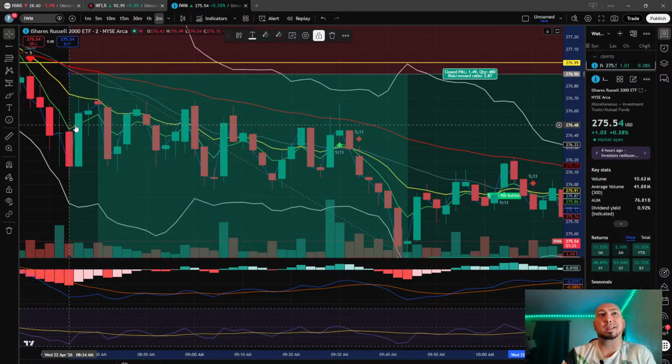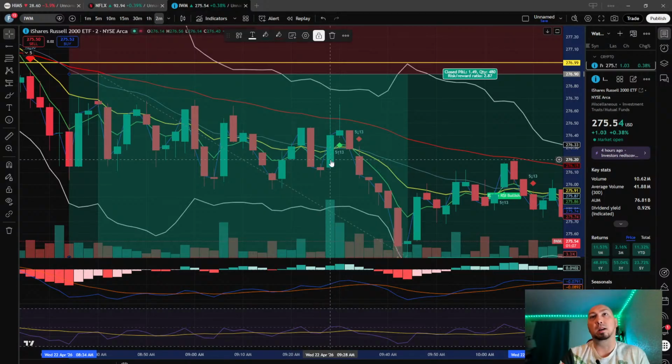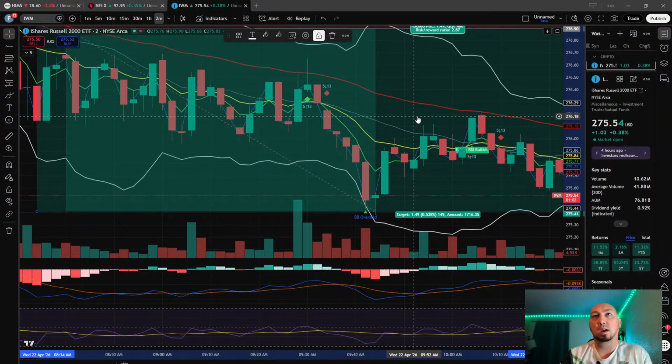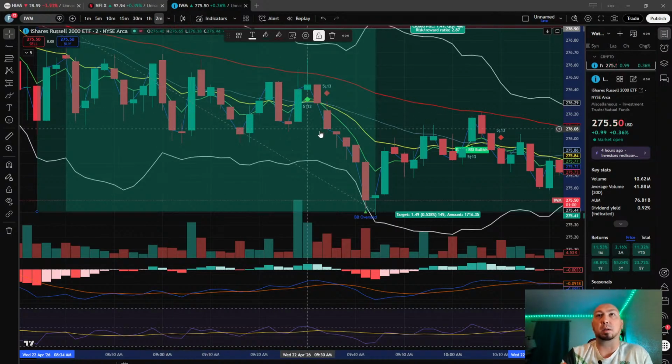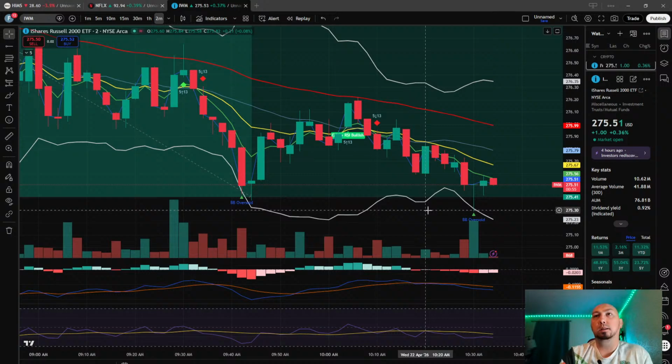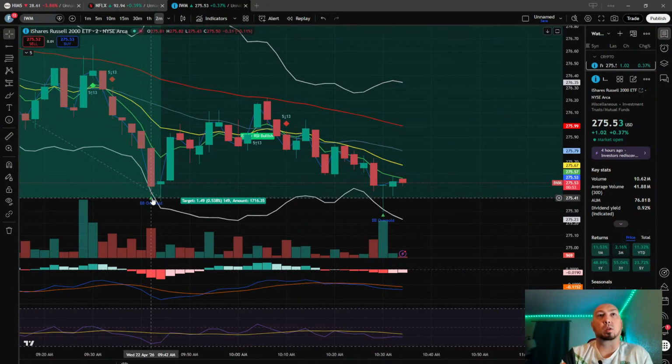Obviously, for 0 DTEs, this right here is, well, A, it's iffy, right? B, it's going to eat your premiums with theta. So if you have a really high theta and you're doing this and you're seeing a lot of chop here, you may just want to cut it short on one of these more profitable candles, because if you keep holding on a chopping side like that, theta is going to take away your premiums, and that's just terrible. So we could have sold here.